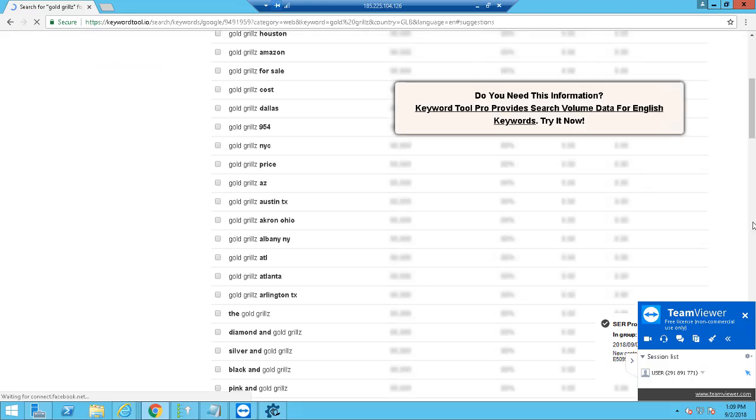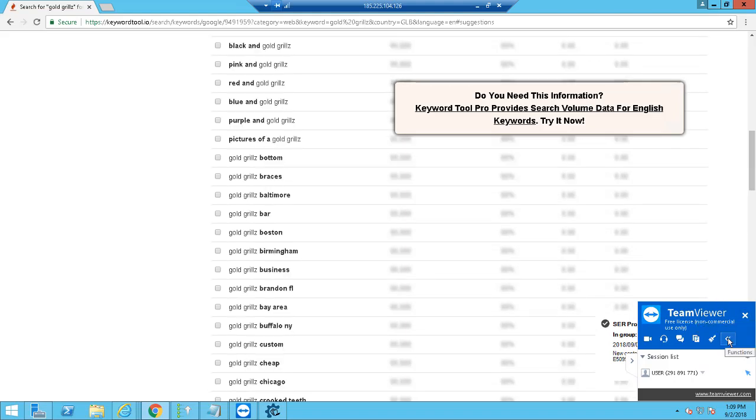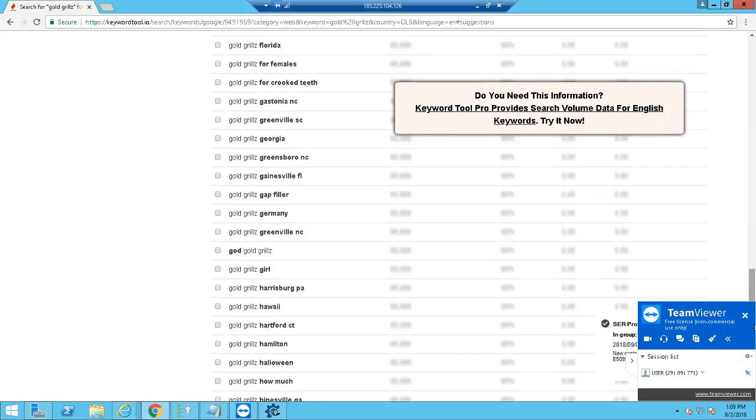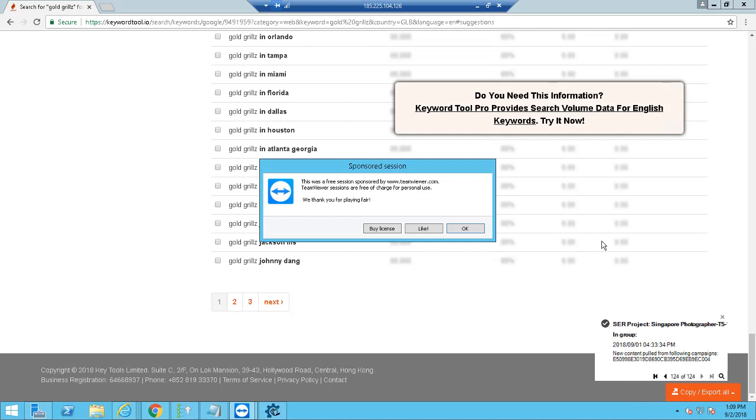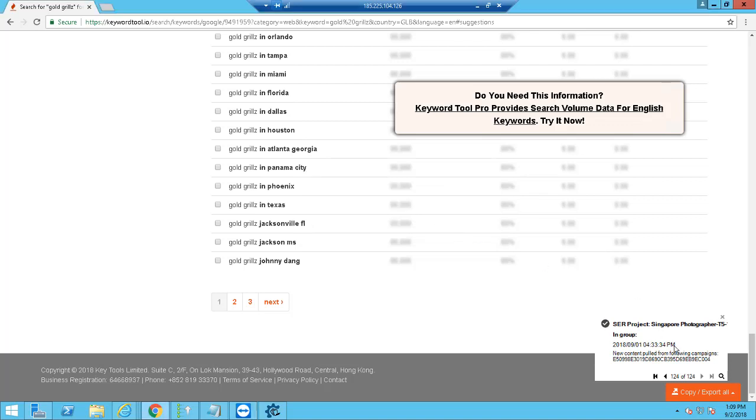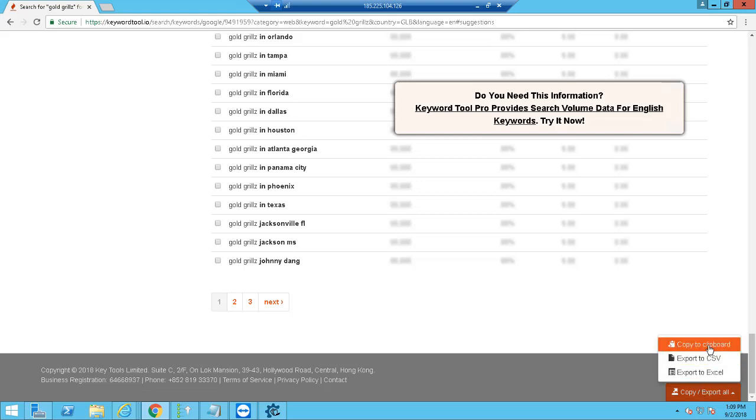This will just go out there and scrape relevant keywords in that particular niche. So you just copy it, copy to clipboard. So next thing is